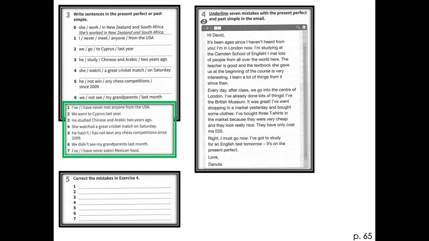Right, I must go now. I've got to study for an English test tomorrow. It's on the present perfect. Love, Danuta. Okay, so if you see there are some mistakes there already, let's have a look which parts we